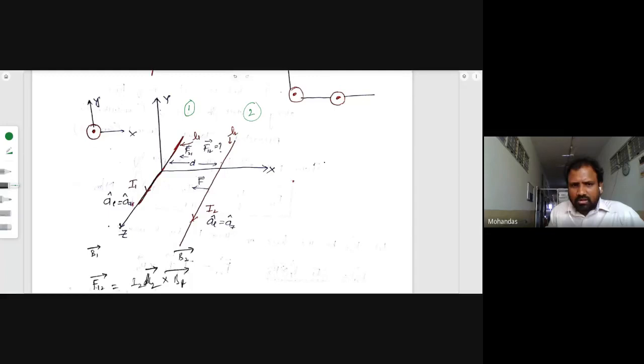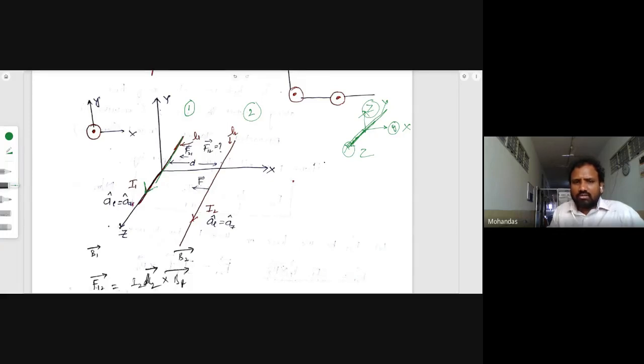In this problem the coordinates are reversed. Generally we use the X, Y, and Z coordinate system like this, but in this problem this is the X coordinate, this is the Y coordinate, and this is the Z coordinate. No problem, the problem may be given any way. Here he has taken this as the Z axis, and one conductor is placed at this particular point carrying a current I in this direction. This is very important, all of you listen carefully.